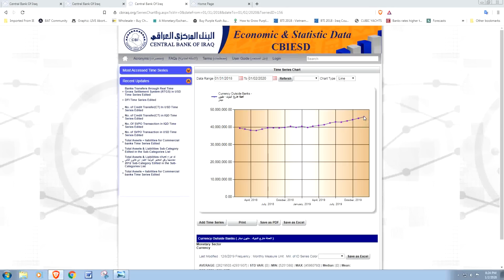Now keep in mind that in the last video, I showed you that the United States took in 7.5 trillion dinars and gave Iraq $5 billion for it. And they opened up an account that paid them approximately $100 million per year in interest. So we know of this 45 trillion that's outside of Iraq, we know that the United States is holding at least 7.5 trillion. All right. Also, and I'll find out where it is.